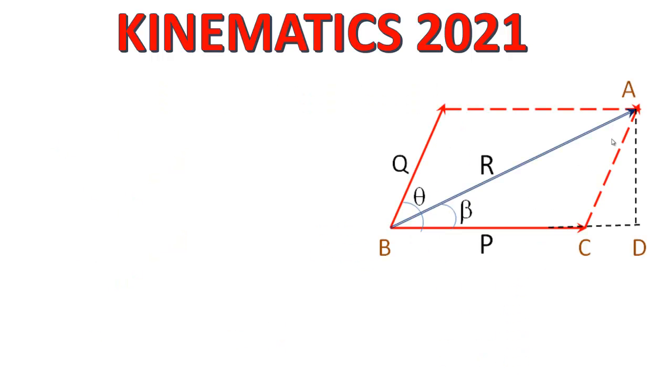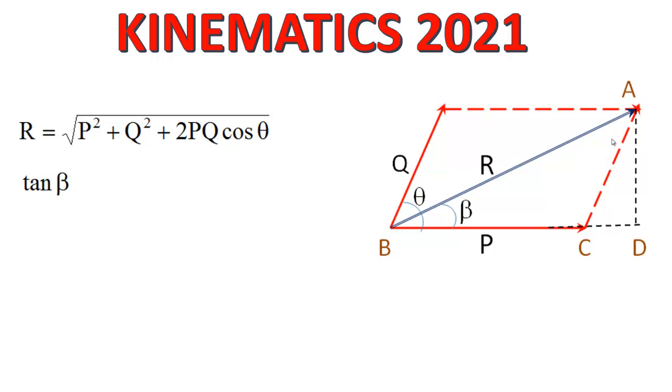Now, this is the standard law which you have already done. You know the resultant is given as the square root of p square plus q square plus 2pq cos theta. Resultant is the line AB. Since it is the resultant of vectors, we should see the angle also. We write tan beta equal to q sin theta upon p plus q. Sorry, it should be cos theta. The denominator is p plus q cos theta. You have to just check it up.